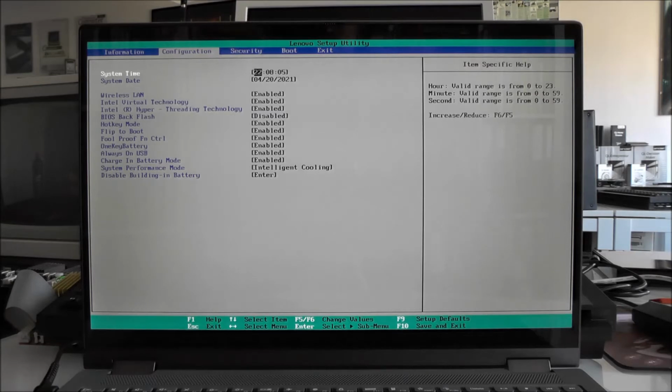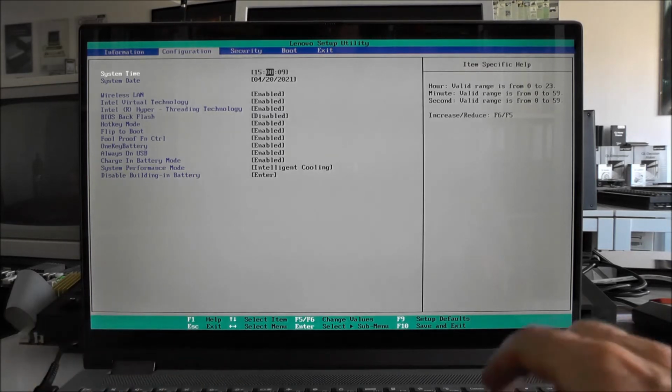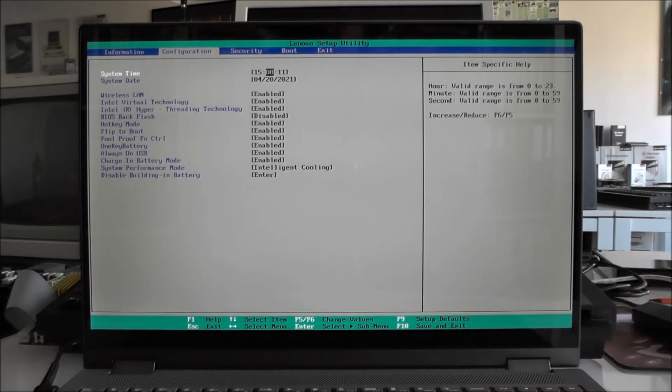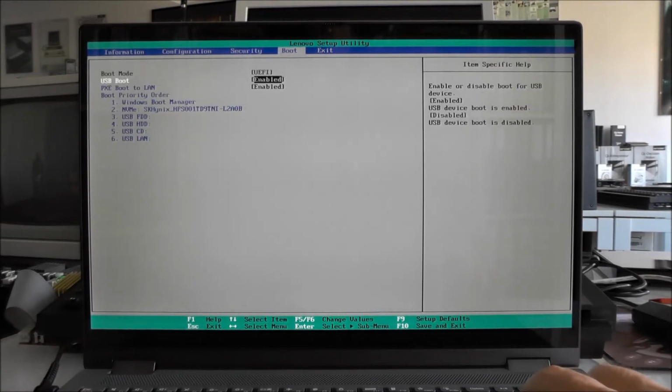Okay, I enter now the correct time for Central Europe. It's 3 in the afternoon. Then the next page, security, we leave as is. And